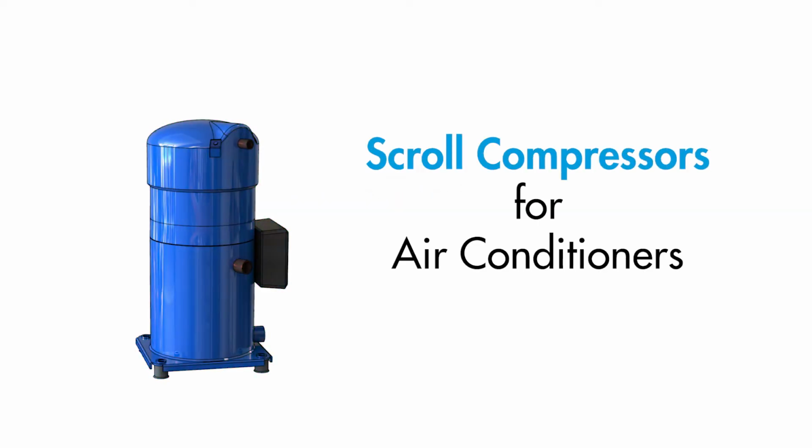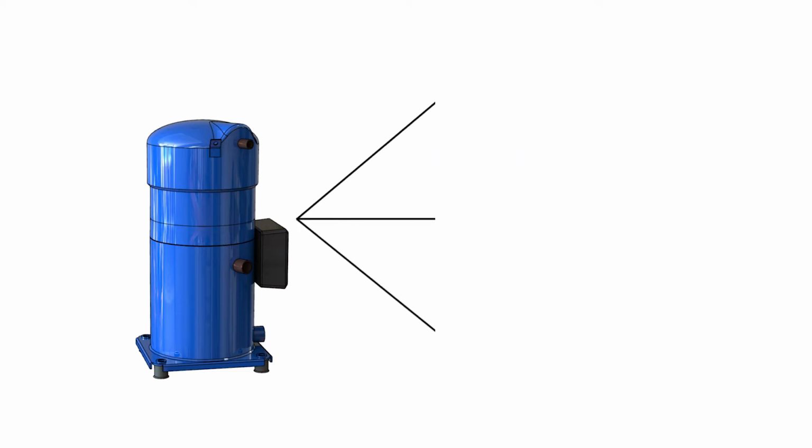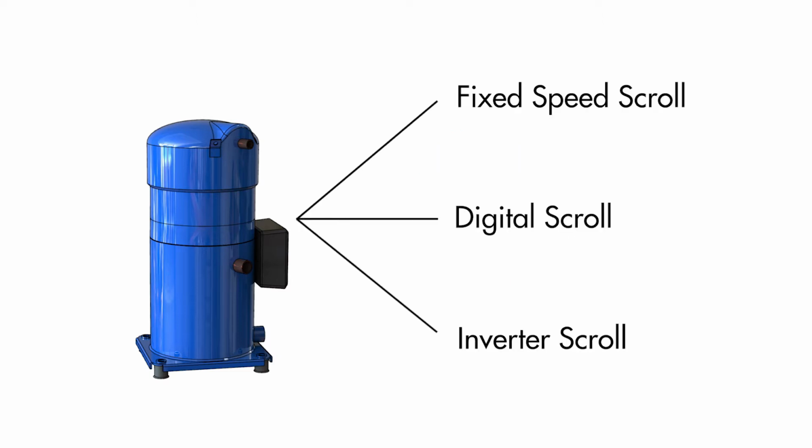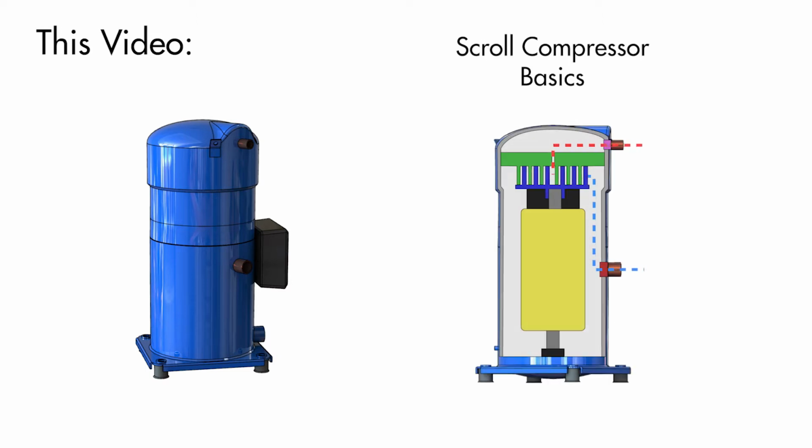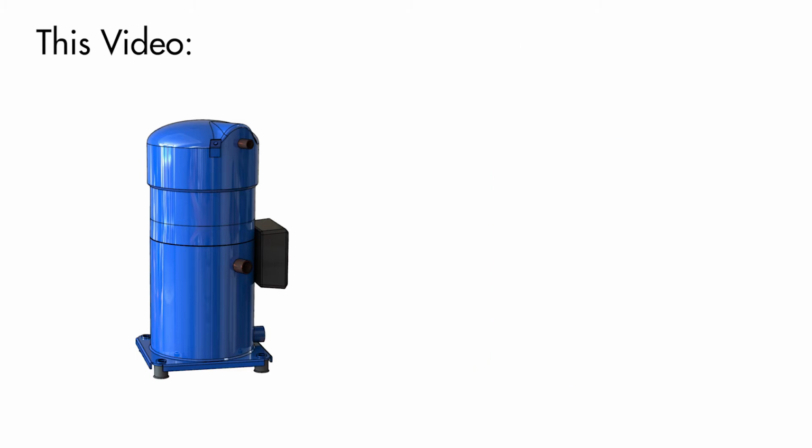Scroll compressors are the most common type of compressor used in commercial air conditioners. But there are subtypes of scroll compressor, which can make things a bit confusing. In this video we will cover the basic operating principle of the scroll compressor and the pros and cons of